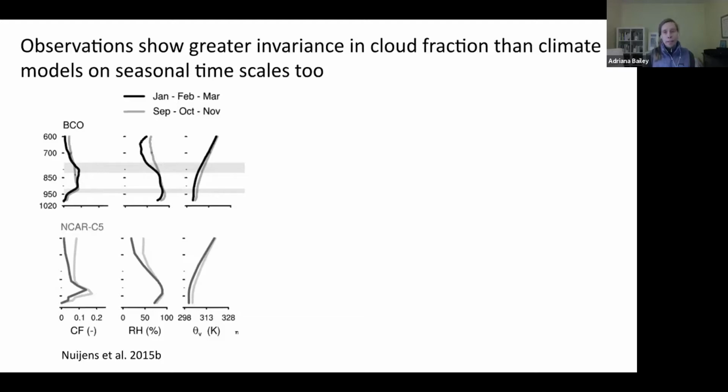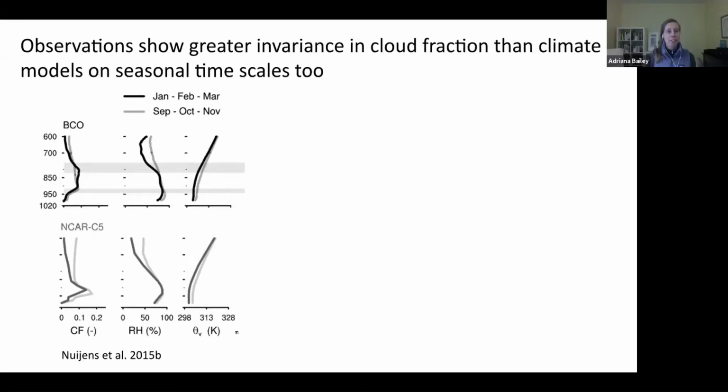The darker black line is indicating the drier season, and the gray line, the wet season for Barbados. And what you'll notice is that even though the environmental conditions between the BCO and NCAR are fairly similar, meaning you look at RH and you look at theta V, and these differences between seasons are not too dissimilar between the observations and models, you have very different cloud responses.